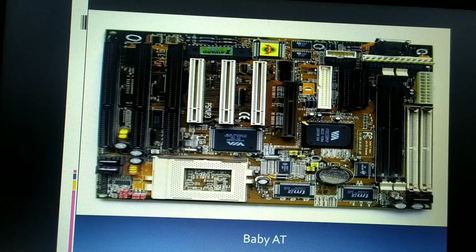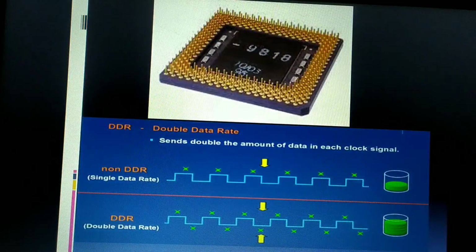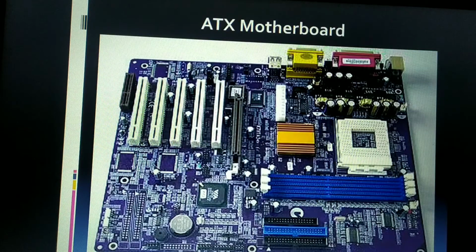Moving on to the next one, the last one, that is the ATX motherboard. ATX actually stands for Advanced Technology Extended. So almost all the latest motherboards which we are using in our computer systems, laptops or desktop computers, are ATX motherboards, designed to the ATX form factor. This ATX motherboard uses the MPGA processor sockets. MPGA stands for Micro Pin Grid Array socket. Previously it was just a pin grid array socket.